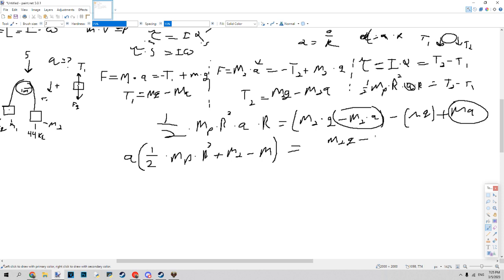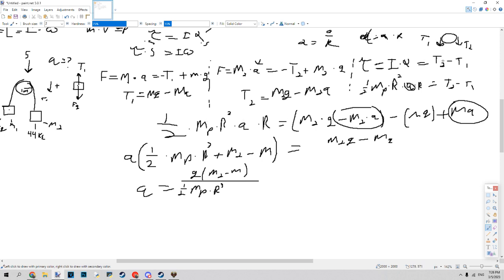And this will be equal to m2g minus m1g. So if we divide both sides by this, we get that A is equal to gravity by m2 minus m1, right? All this over 1/2 the mass of the pulley times the radius of the pulley cubed, because all of these radii,